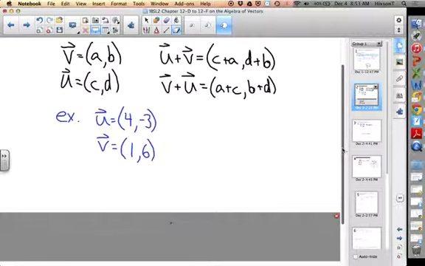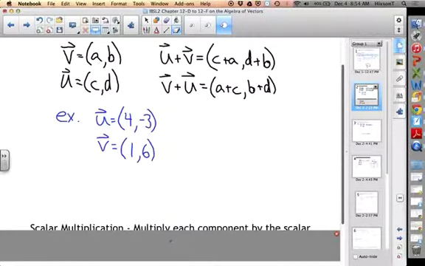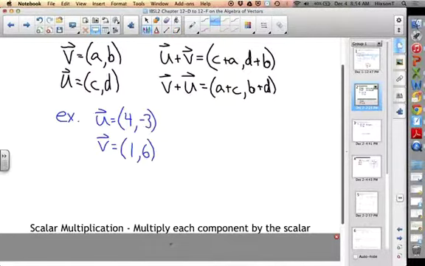Well, let's look more practically here at a couple of examples. If I were doing u plus v,